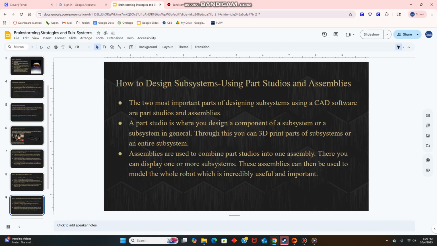Okay. So then, designing subsystems using CAD software, you will use both Part Studios and assemblies. Part Studio is where you design a component of a subsystem, or just a subsystem in general. Through this, you can 3D print parts of subsystems, you can laser cut parts of subsystems, and